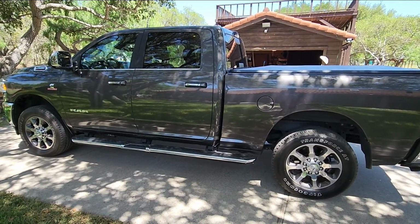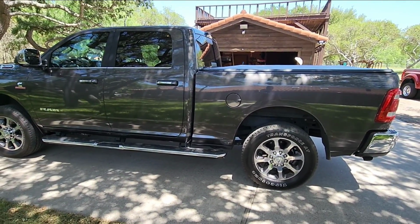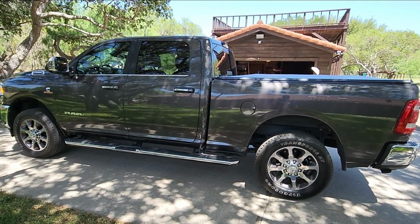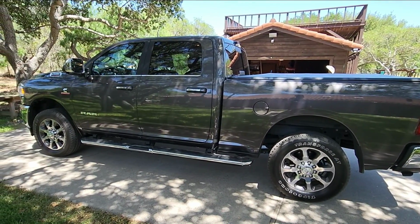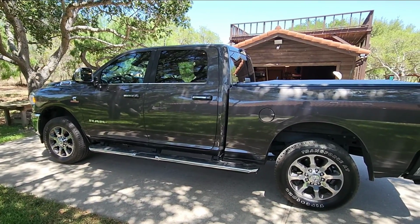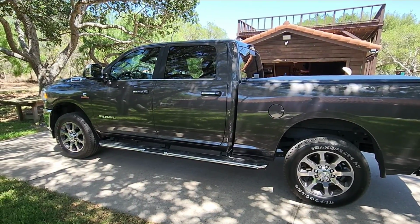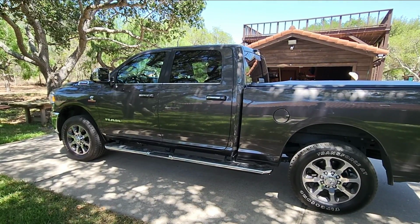I don't know if you guys recall, but this is actually pretty much the exact same configuration of truck I was looking for a while back, just to have as a long-term review vehicle. I was actually looking for one with the Hemi, not the Cummins, but this package right here is such a great everyday truck because you have so much capability with it,